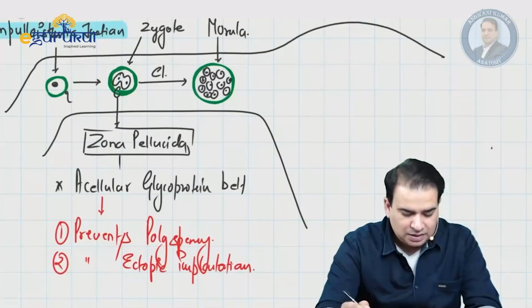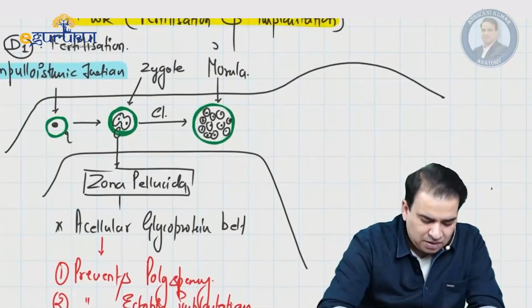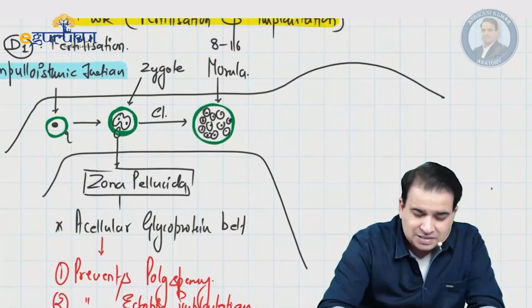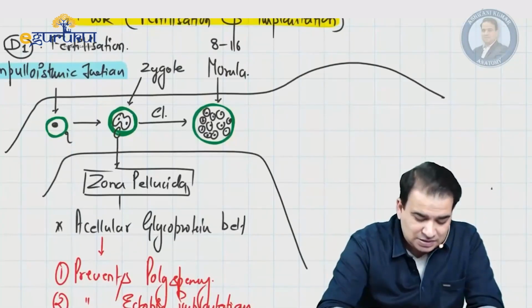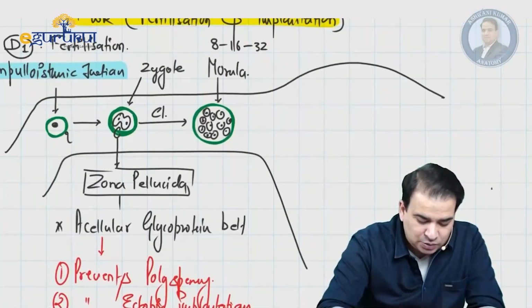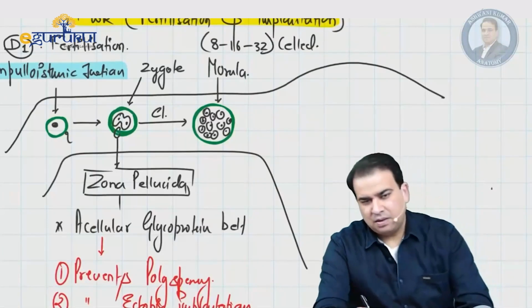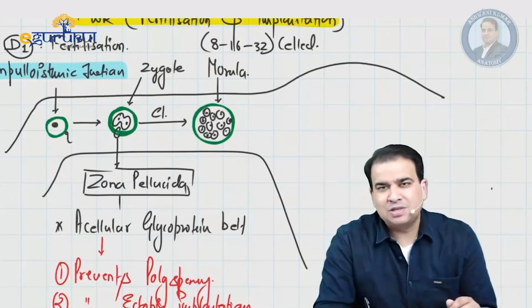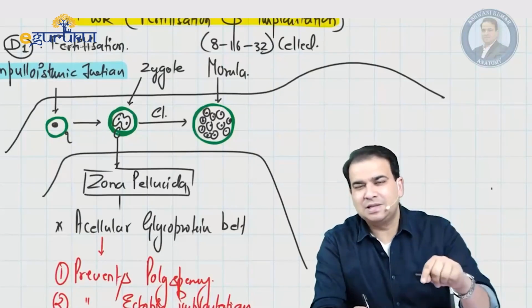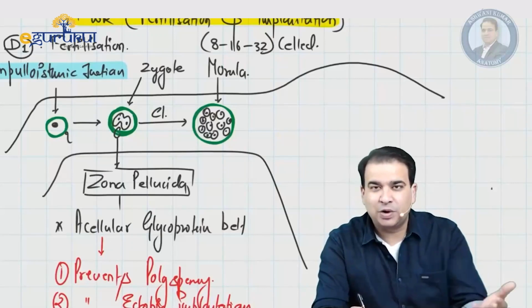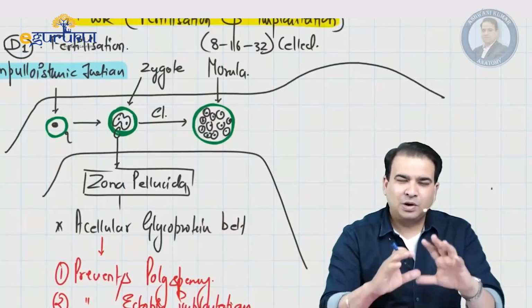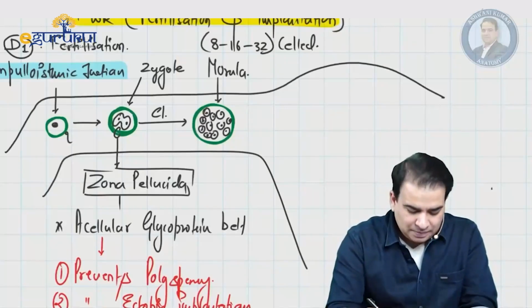Morula. That's called morula. Whether it is the 8 to 16 cell stage, as a few authors call it, or 16 to 32 cell stage, they are all morula. You cannot give a definite number to the morula. You cannot just say that only the 8 cell stage is morula, or what about the 20 or 22 cell stage? They're all morula. When it looks like a mulberry, we call it morula.